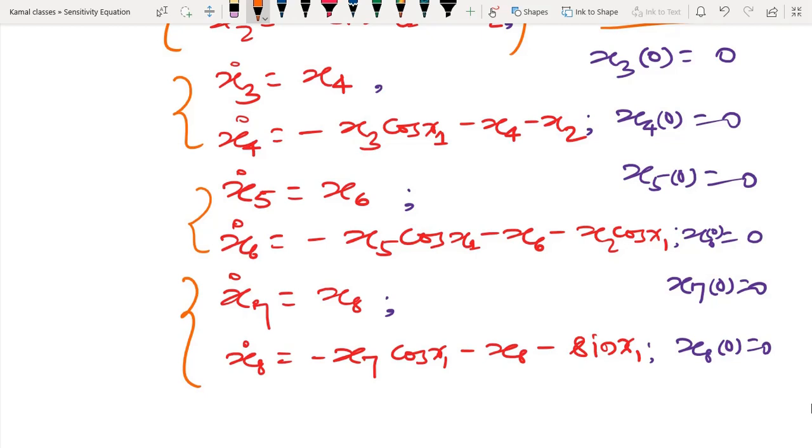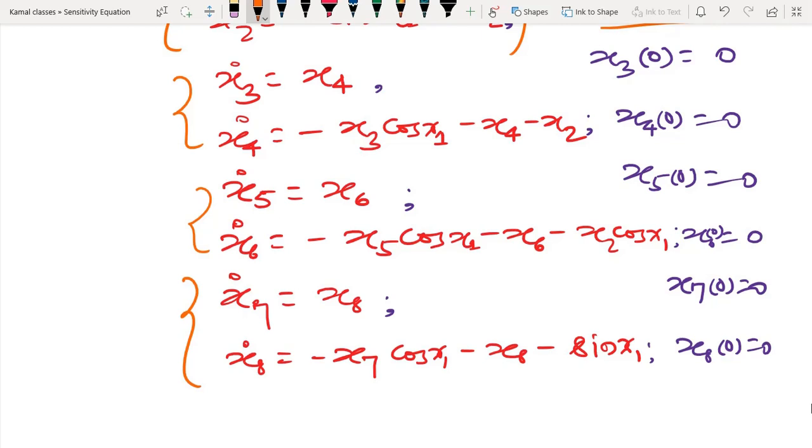The story is very simple. We see the system, and I assume that I have some nominal values of parameters, and with that nominal value of parameters I have a solution. After that, if my parameter varies by a small amount, it is possible to show that the solution is not going to deviate much. But how much will it deviate? One can see by doing the sensitivity analysis, or one can evaluate the relative influence of a parameter on the system performance using the sensitivity equation.